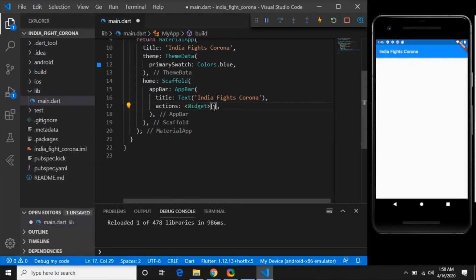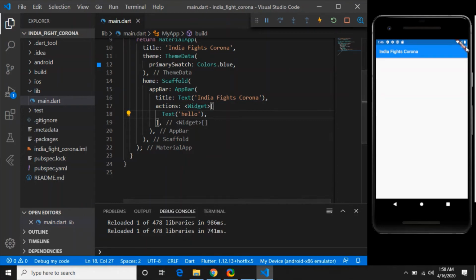If I write text, write hello and give a comma, that hello will be displayed. Look, it is there, a very small hello. But generally on an app bar you don't provide text in actions, you generally provide icon buttons.